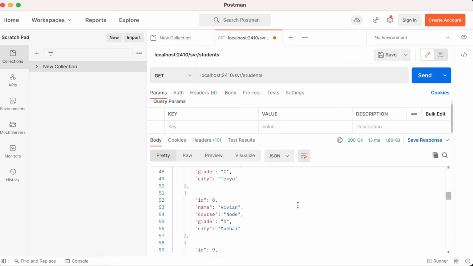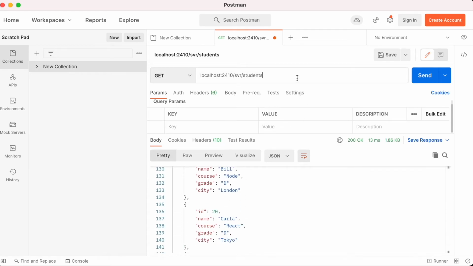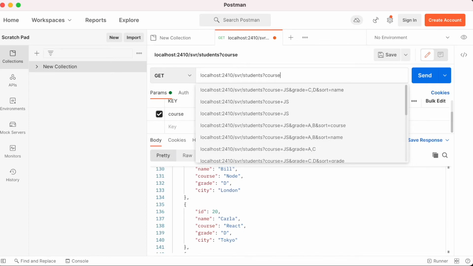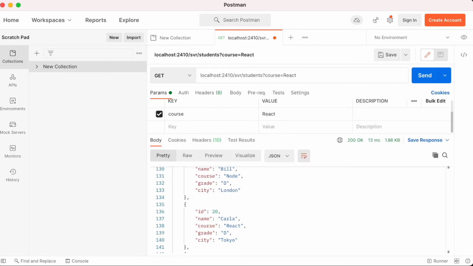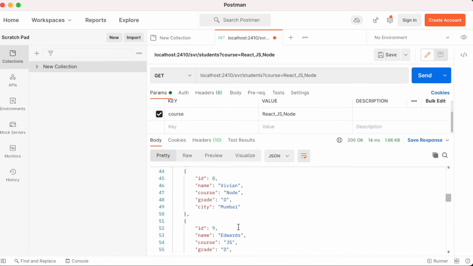And we can see we are getting all our students here. So this is working fine. Let me give it more values. Question mark course is equal to React comma JS comma say node. So it should work for this also. So we are getting React, Node, JS, and this also seems to be working fine.